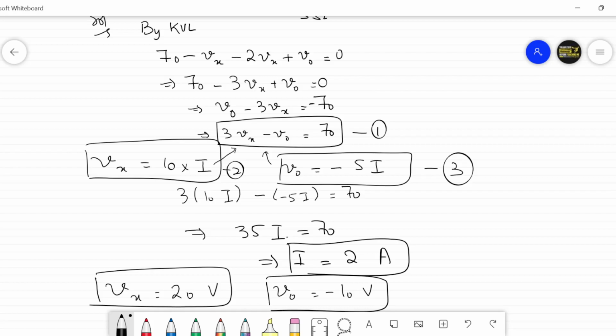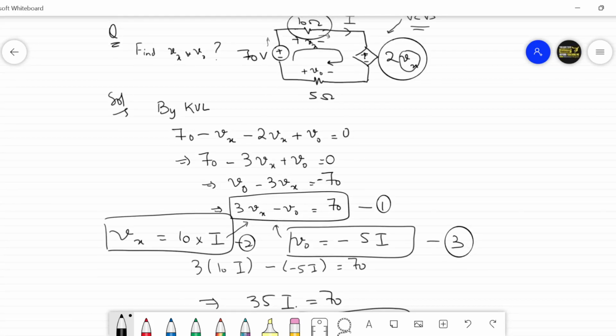पोलैरिटी का ध्यान रखना है, कहाँ पे प्लस लिखना है, कहाँ पे माइनस लिखना है, that is very important. बाकी सर्किट सॉल्व करना इजी होगा, but you have to keep in mind the polarity of all these things, कहाँ पे प्लस है, कहाँ पे माइनस है. ज़्यादातर प्लस माइनस में ही गड़बड़ हो जाता है और it will actually lead to a wrong answer.